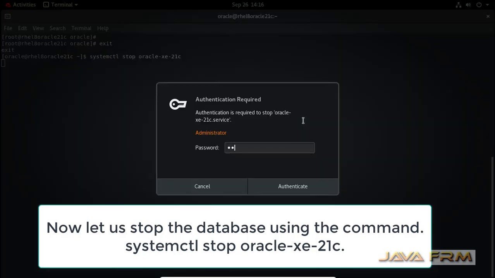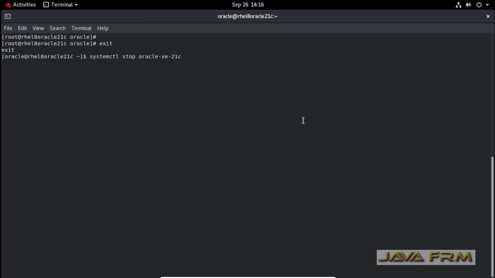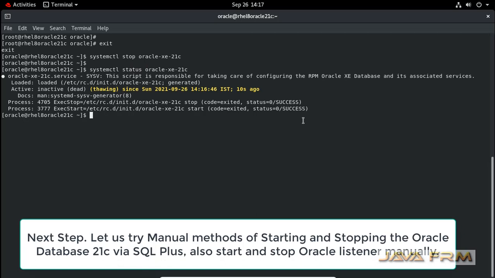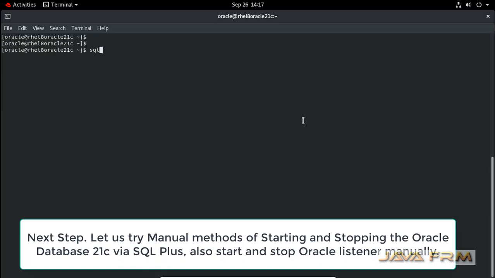This will stop the Oracle database and Oracle listener. Both the Oracle listener and Oracle database will be getting stopped here. Let me check the status. Yes, you can see that the Oracle 21c Express Edition services are stopped.